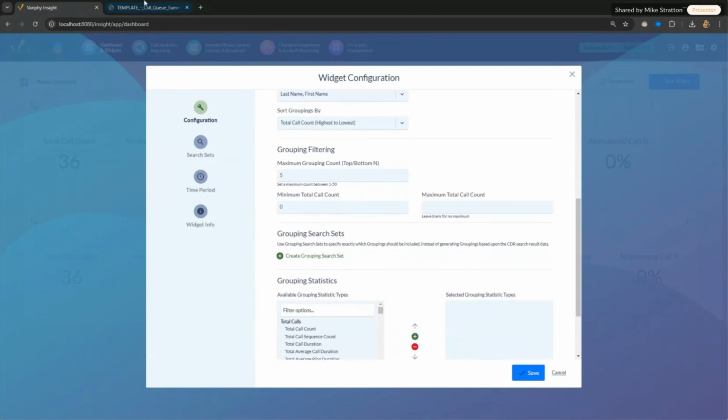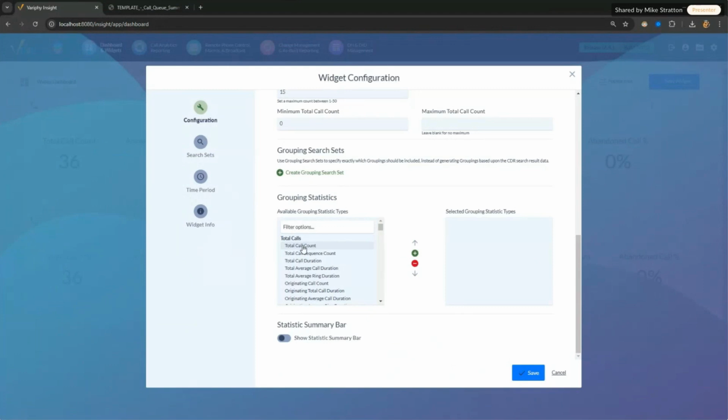And I have about 10. So I'm going to change my maximum grouping count to say 50, not 185, but 15. And then select my stats. So total call count, we call it presented. Then we can do answer call counts. I don't care so much about not connected, because those are just the ones this is having total call count